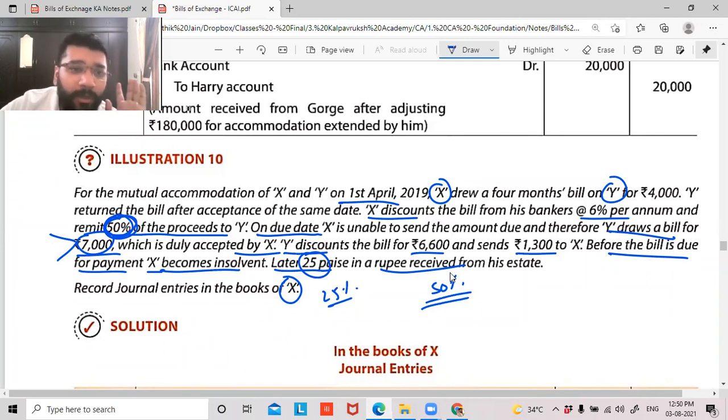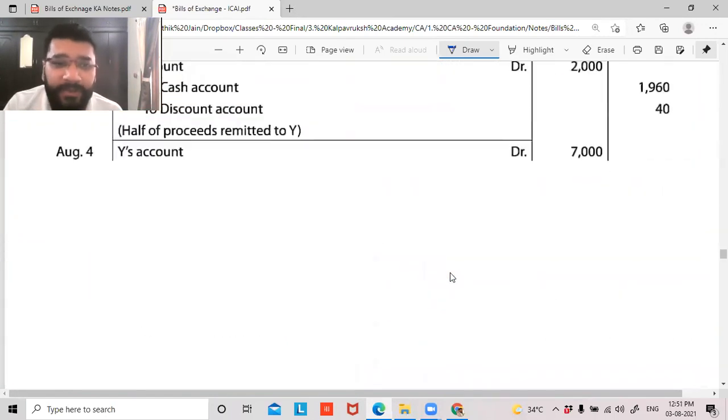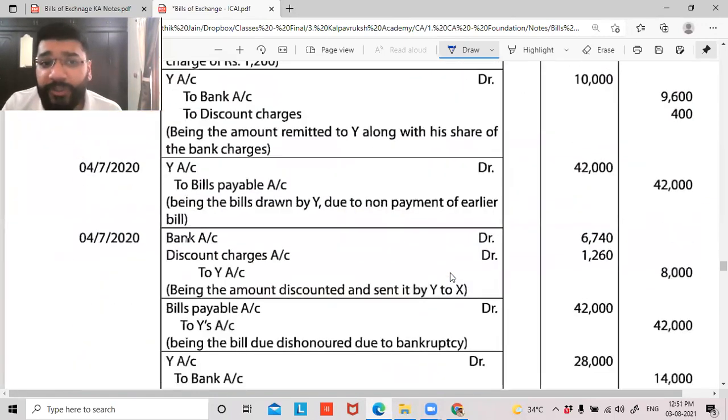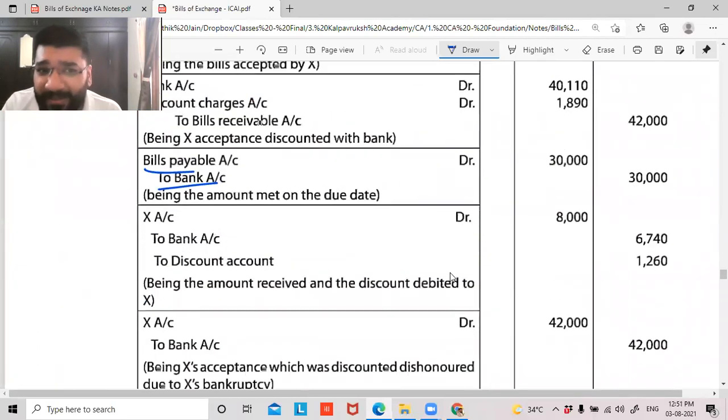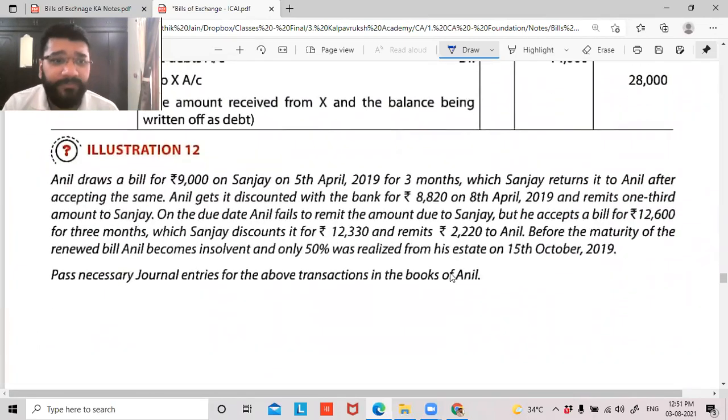So guys, is 10 manageable or not manageable? We will try, sir. Try it. If you don't get it, I'll probably take it in the next class, or whenever we get time in between, I will do it for you. Don't worry, but I want you to give it a try. So illustration 10, please take it as homework. And we'll be heading towards illustration 12 now, which is exactly the same question.